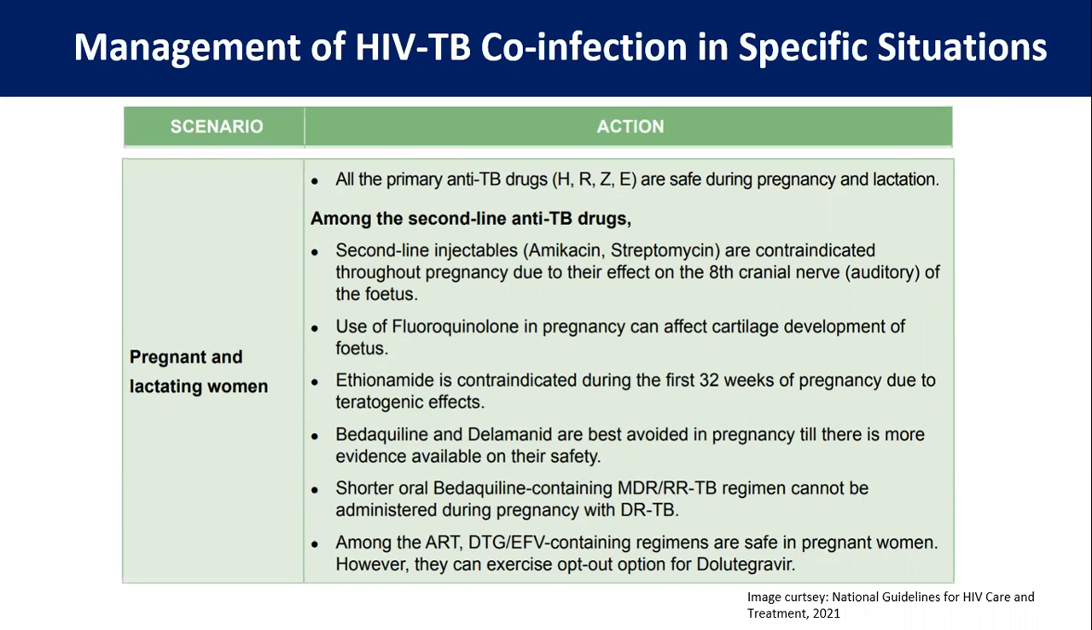Among the second-line anti-TB drugs, amikacin and streptomycin are contraindicated in pregnancy. And the use of fluoroquinolones can also affect cartilage development in the fetus, so it is also not advisable. And ethionamide is contraindicated during the first trimester of pregnancy due to teratogenicity, and bedaquiline and delamanid are best avoided in pregnancy